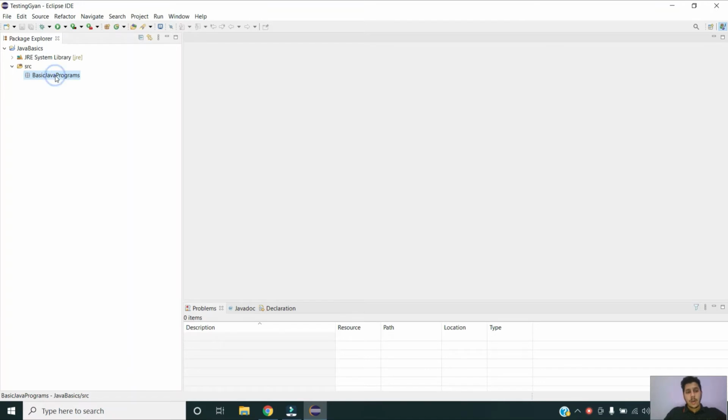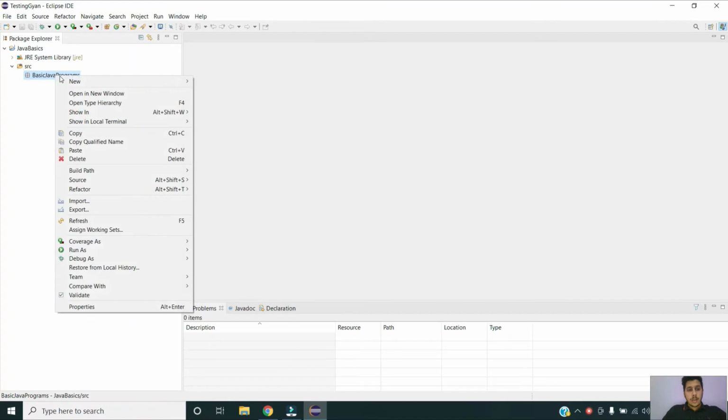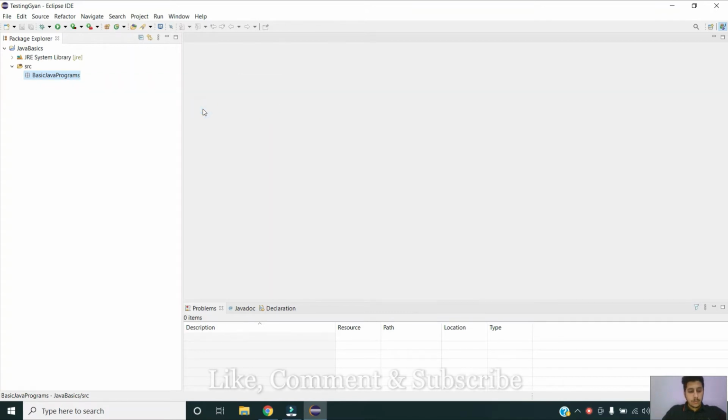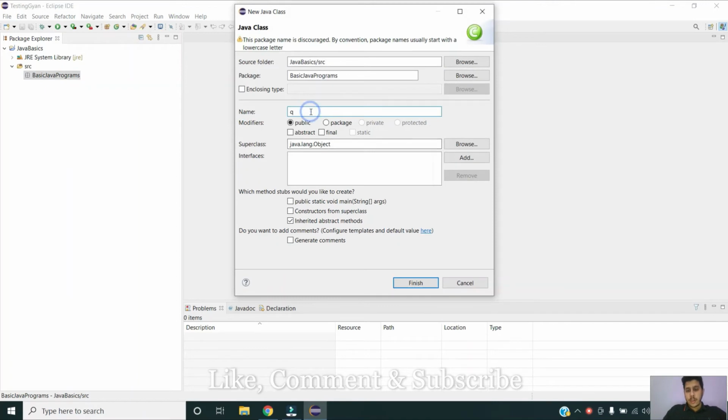Now I have to create my class. A class is basically where you are going to write your code. We will discuss in more detail what classes and methods are, but for now, you just concentrate on the high level picture of how to write a basic program. Once you click on create class, it will give you this prompt where you have to write your class name.